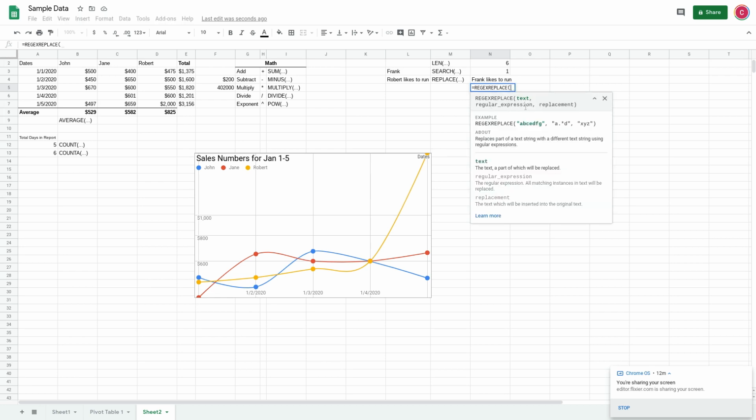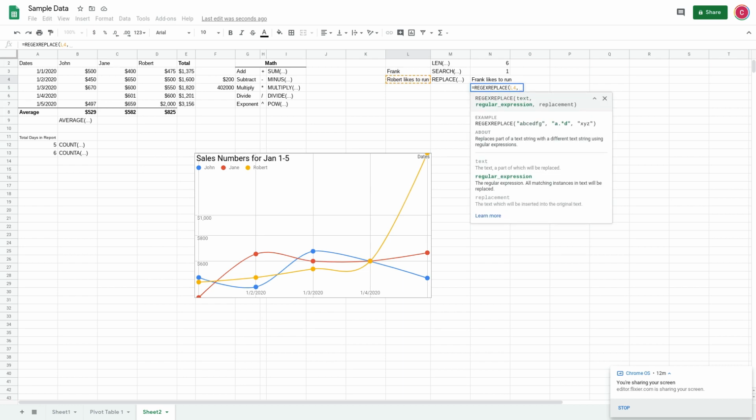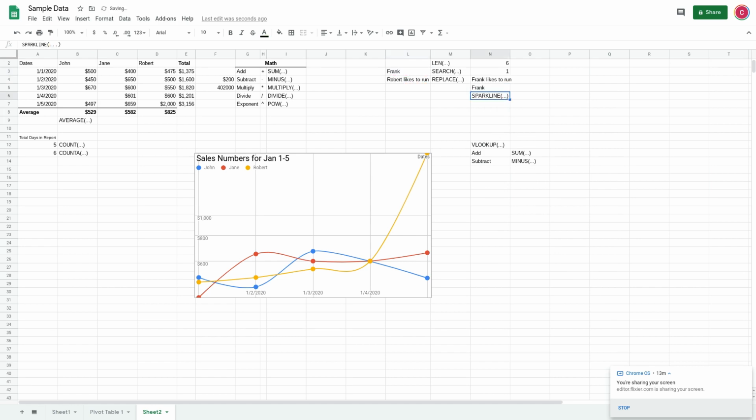which is easier because there's no searching and there's no length finding. We just do the text, and then we can hit comma, and then we can type in, we want to search for Robert, or let's do a wildcard, right? His name is either Rob or Robert, and we're not sure which, so we can type in dot star, and that'll act as our wildcard. And then we hit comma, and then we can just search for Frank, and that does